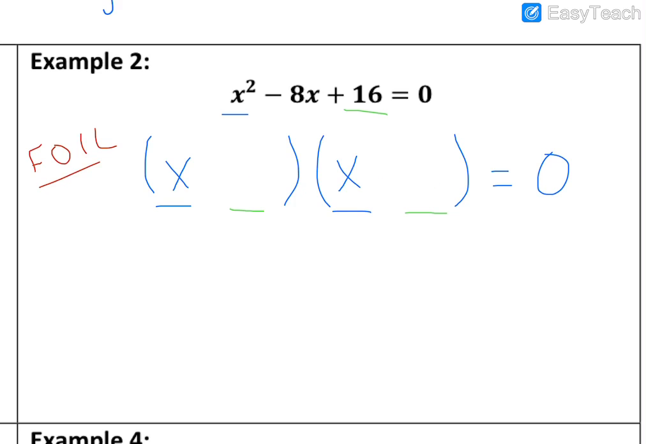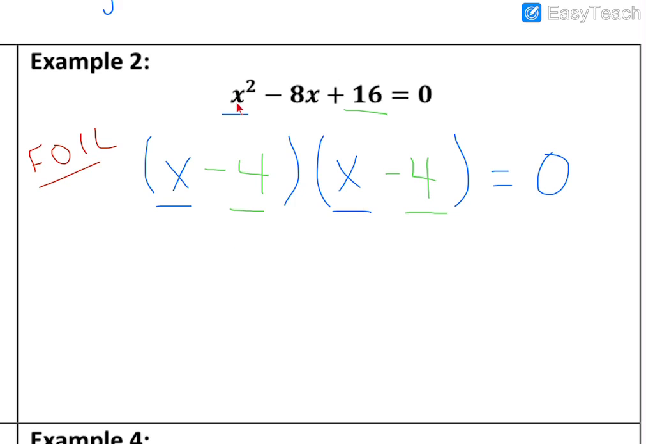First off, since we saw that the sign was wrong, we know that these both have to be negative numbers. So maybe it's negative 2 times negative 8, which would equal positive 16, but we have to try that outside and inside. Your outside is negative 8x, your inside is negative 2x. Negative 8x and negative 2x is negative 10x, which also doesn't work. So now we're going to try 4 and 4, so negative 4 and negative 4. And when we try this,